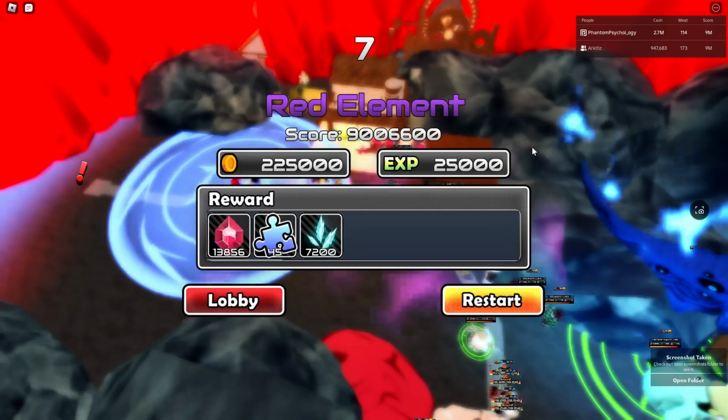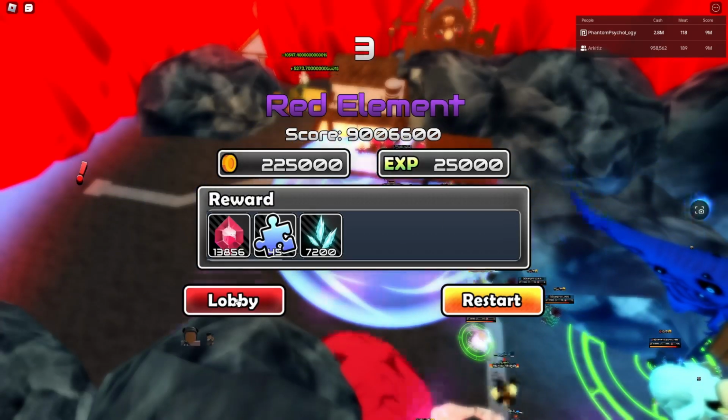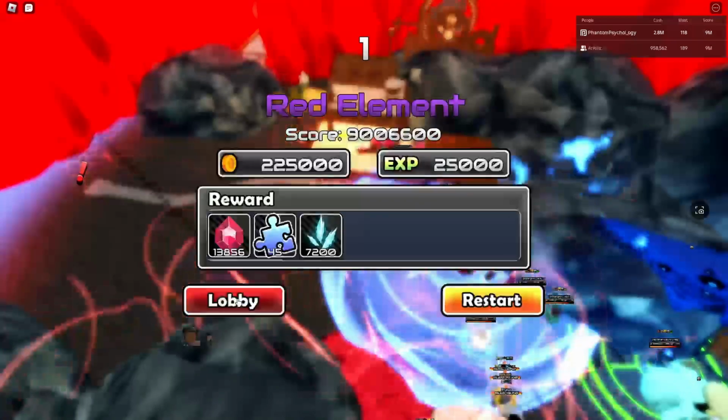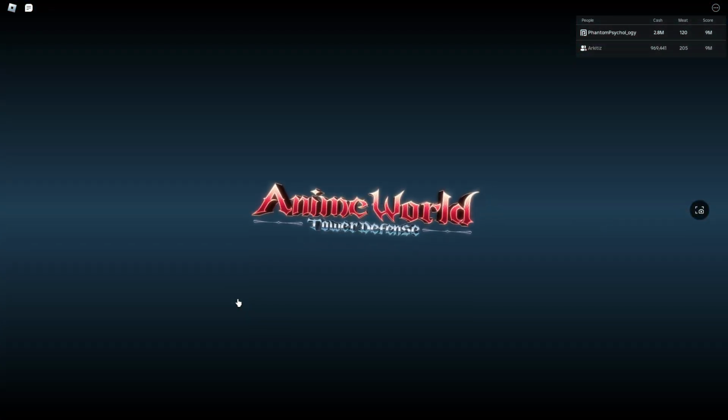We got a lot of red orbs, and on top of that, we got the damage we needed and some extra. So as you can see, this strategy is really good, really efficient, and really effective. I really do recommend you use it if you have a friend with a team that's similar to this, and